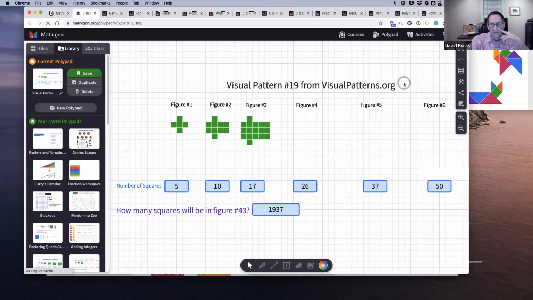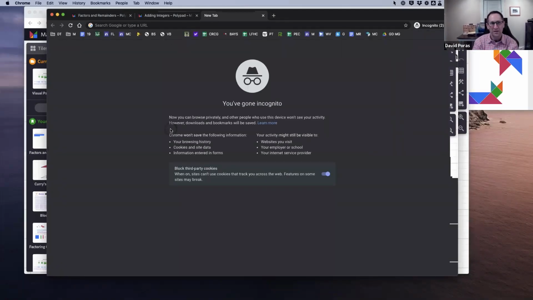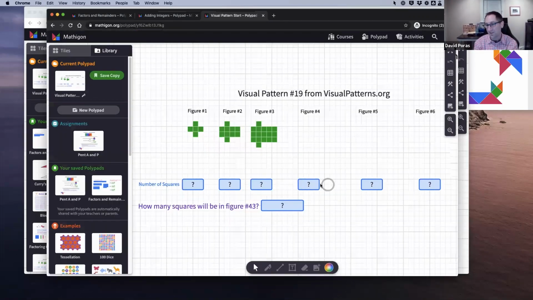Here's an example of a canvas that I would share with my students. What I like about this canvas is, when students are building their figures and they think they have a rule and they want to know the number in figure 43, on visualpattern.org, it gives them the number, which is nice. I often hold back on the number to not kind of give it away. But here, if a student was doing this, they would see all those blanks there, right? So a student would explore the pattern. It's coming out, no, it's not. They would build the figures with their tiles, and they would put in numbers here,